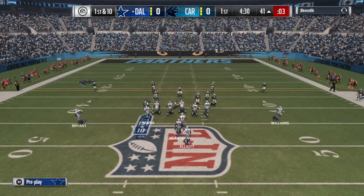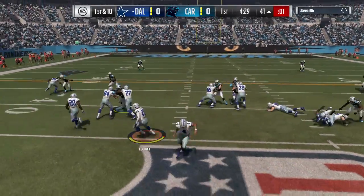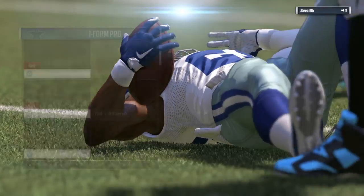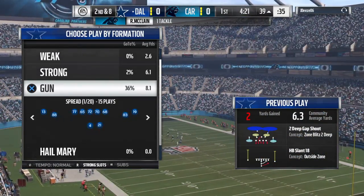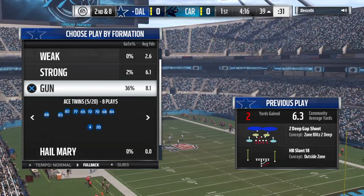Time running out here on the play clock. Here's the first carry for Ezekiel Elliott. And little room to maneuver there. He gets it down to about the 39. Give him a couple on the carry there. 2nd and 8. And if this offense is going to flow today, certainly the running back will be a key